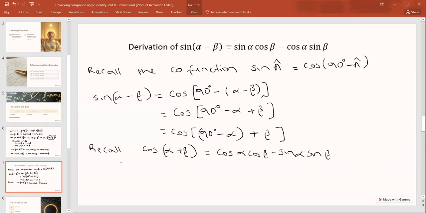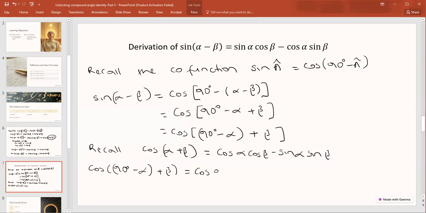So what does this give us? This implies that we can rewrite cosine of 90 degrees minus alpha, in brackets, plus beta as the following: